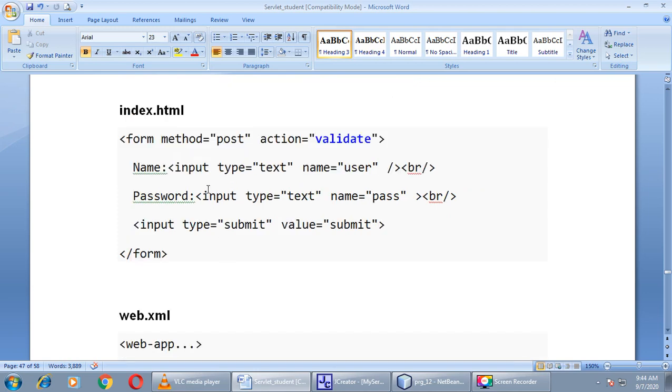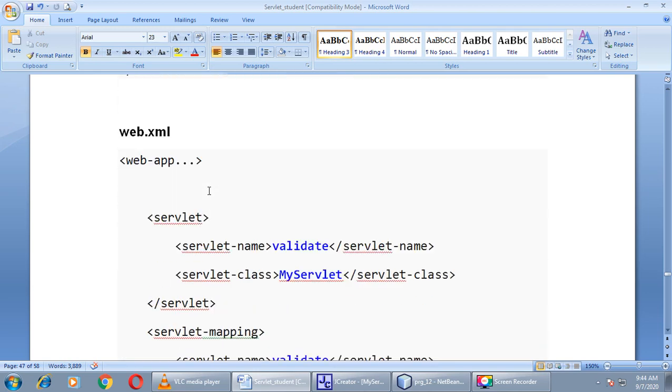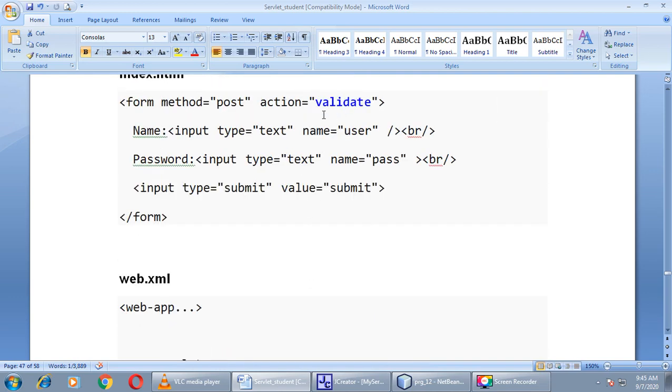Now the web.xml file. The name of the servlet is MyServlet. That means we'll define our main class, public class, with this name MyServlet. The URL name given to this class is validate. Okay, this name we described over here in the action.